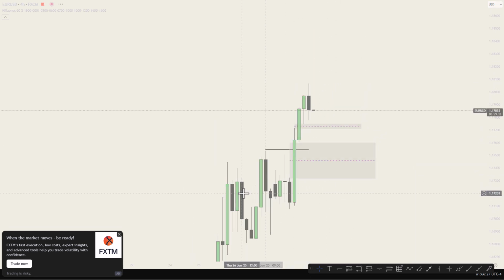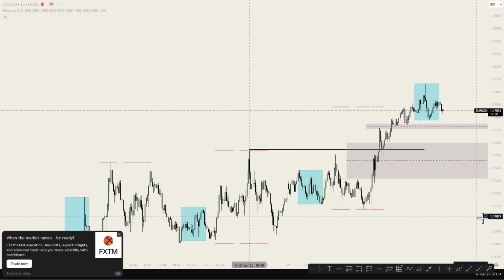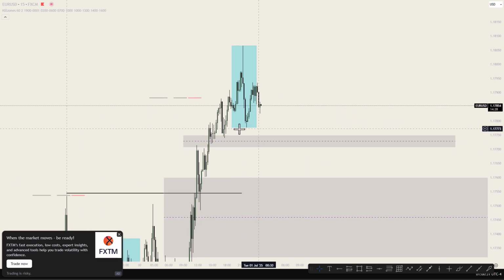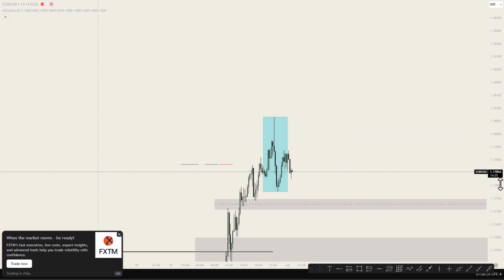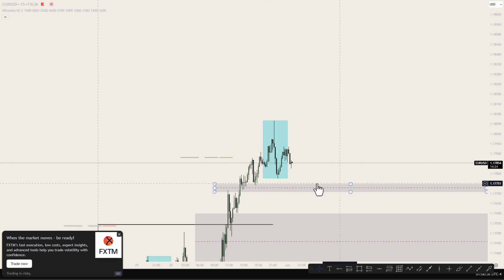On 15 minutes time frame, what do we have? We see this fair value gap sitting below this Asian low. So price might come into this fair value gap, give us an SMT, then we'll continue bullish. So there's nothing much on EU because GU has better price action for now than EU. So I'm focusing on GU. Let's go to the dollar and look at what gold is going to give us.